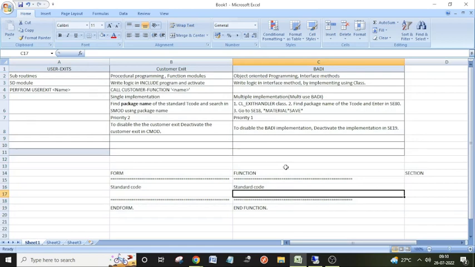Not everyone is going to get an opportunity to implement enhancements. Okay? It depends on the project. It depends on the requirement. You may get a requirement to enhance a customer exit maybe after 10 years, maybe after 15 years, not sure, or a few of you may get this opportunity for the first time in the first project itself. Okay,